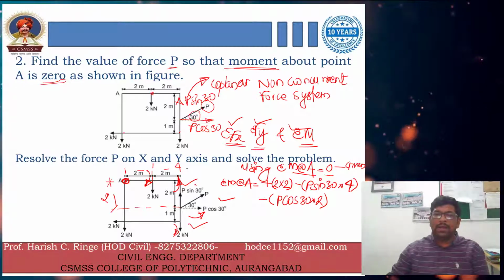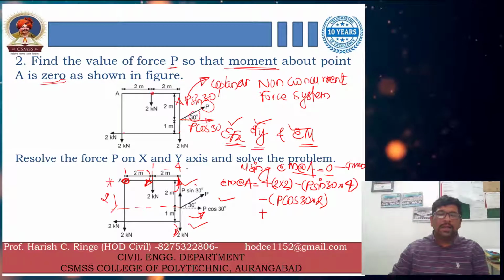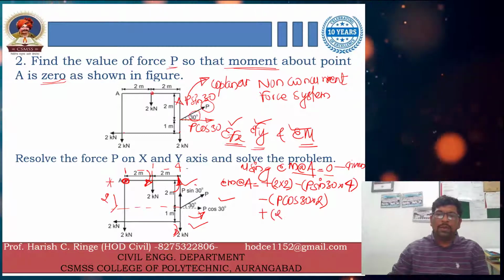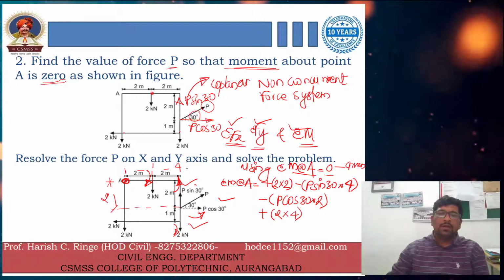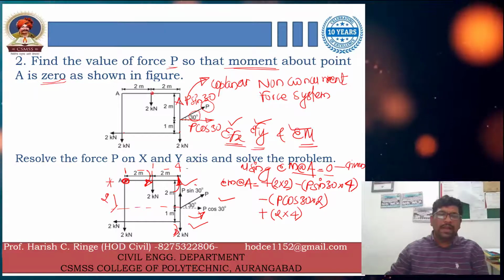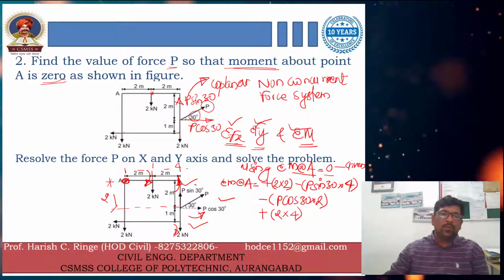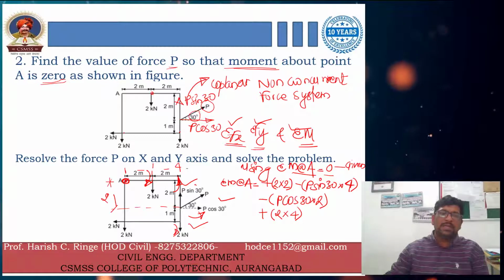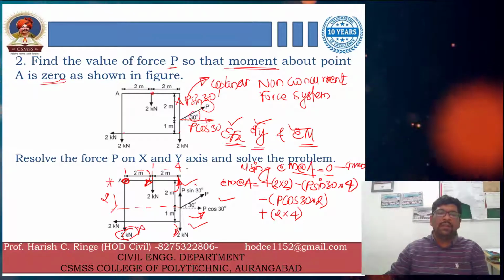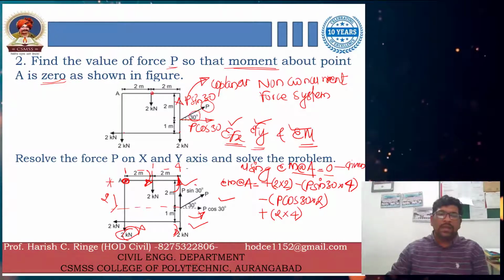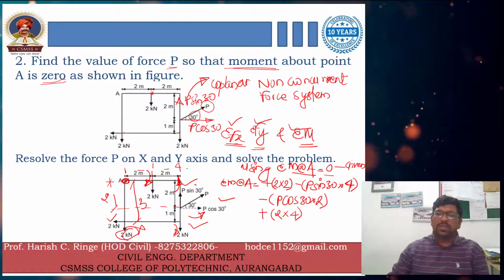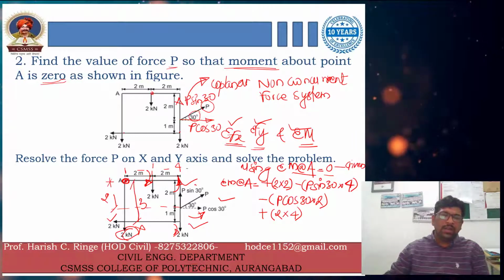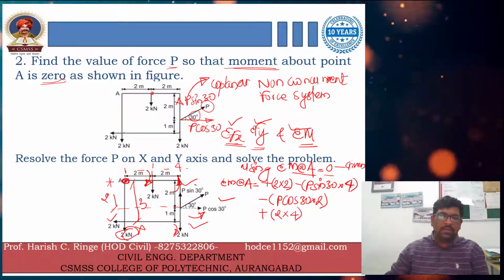सो यहाँ पर आने के बाद में मैं यहाँ पर लिख लेता हूँ प्लस, क्या लिख लेंगे हम? अगेन 2 into डायमेंशन इज 4. उसके बाद में देखेंगे तो कौन सा फोर्स है, यहाँ पर आते गए. अभी ये 2 किलो न्यूटन का अगर देखेंगे तो पॉइंट ऑफ एक्शन इसका सेम है, तो परपेंडिकुलर डिस्टेंस 0 रहेगा. उसके लिए ये जो भी फोर्स है हमारे पास इसको हम नलीफाई कर देंगे क्योंकि इसकी मोमेंट 0 आने वाली है. अगर इसका देखेंगे तो डिस्टेंस कितना है? 2 into दिस पर्टिकुलर डिस्टेंस इज नथिंग बट हाउ मच? इट इज 3. सो दैट्स व्हाई अगेन चेक आउट द डायरेक्शन ऑफ द फोर्स और द डायरेक्शन ऑफ द मोमेंट.